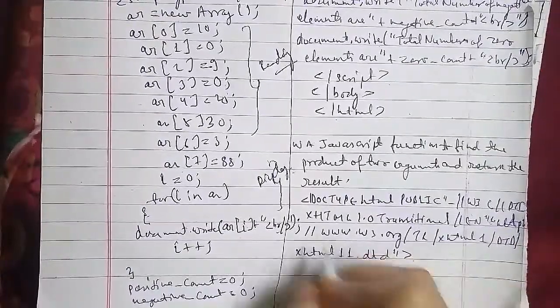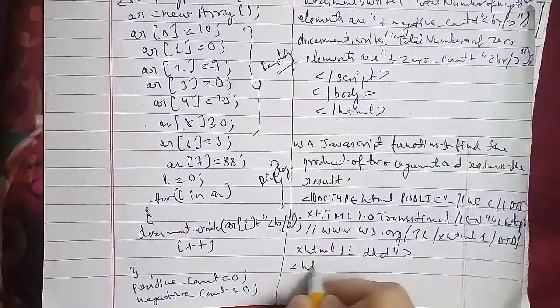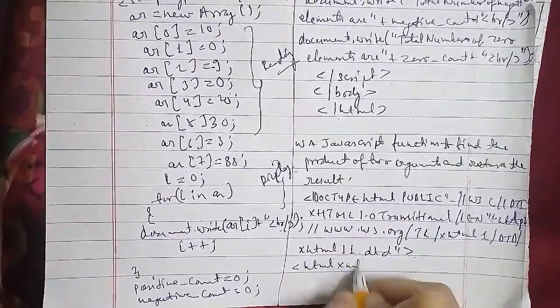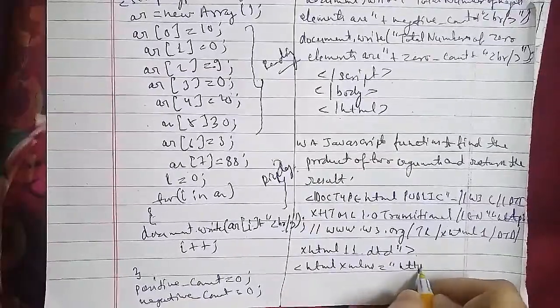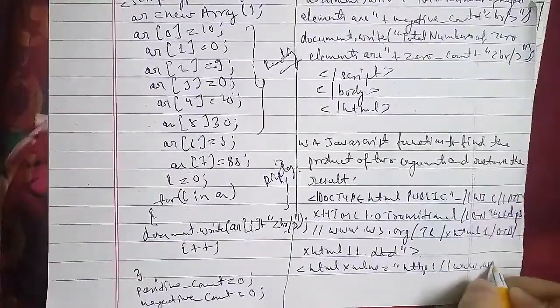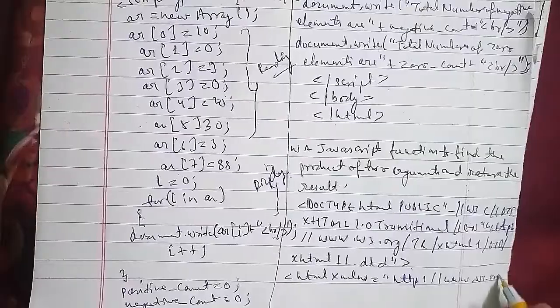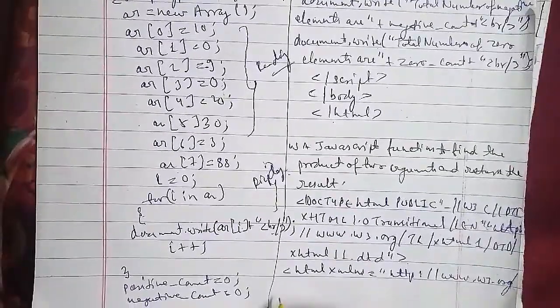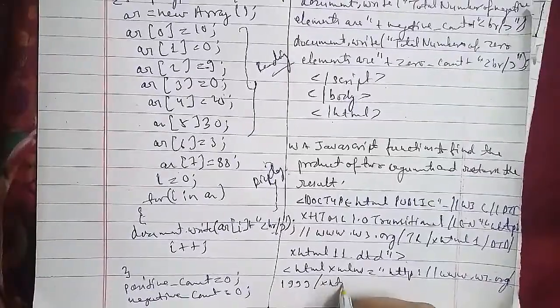After the head we'll have a title, function demo, title close. Then we have a script type equals text/javascript,